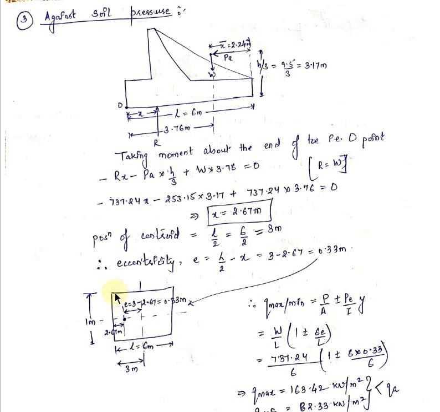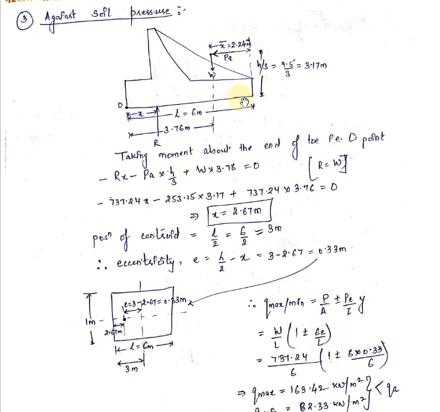If you see this diagram, this is the top view of the base slab. So this is your base slab, I have drawn the top view. The width of the base slab is 6 meters. So this width, that is capital L, is equal to 6 meters. We know that we take 1 meter for the design purpose. So here the length we have taken is for 1 meter length, or you can say 1 meter width. If you are taking this as length, this will be width. So this is your diagram of the top view of the base slab of the retaining wall.